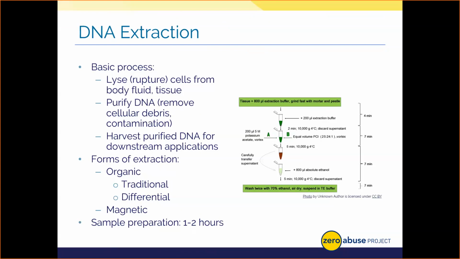So there's a little bit of trade-off here. The trade-off for organic extraction is we can get a lot of DNA, huge amounts, but the chemicals are dangerous to humans, and we might co-purify contaminants that could cause downstream issues with getting a robust profile. Magnetic extraction typically results in much less issues with contamination because we're doing all those washing steps, but we don't get as much DNA. So there's always that trade-off. Now, samples must often sit in what I call incubate. They've got to sit in that warm environment to ensure that the cells can rupture and that we maximize the DNA retrieved. So I'm going to be honest, extraction can take a few hours for a given sample. We often batch samples to maximize how many we run at the same time to help save you time on the turnaround.